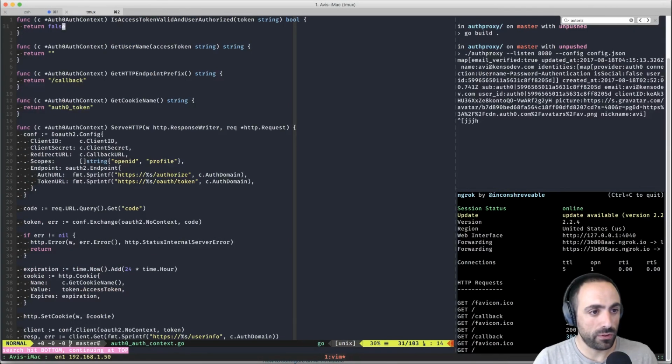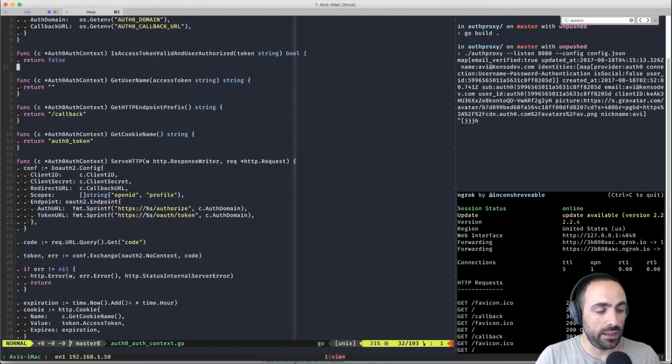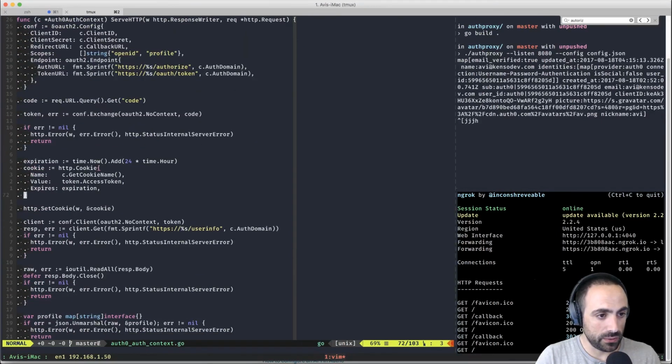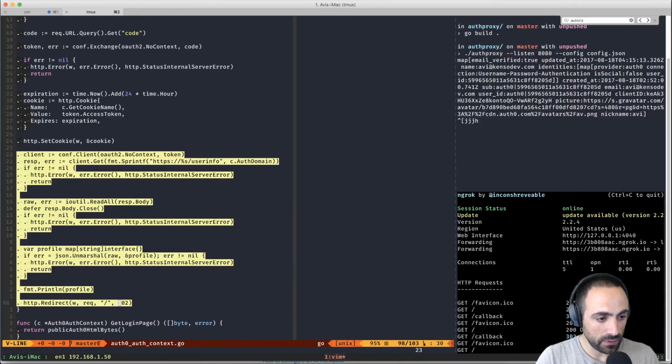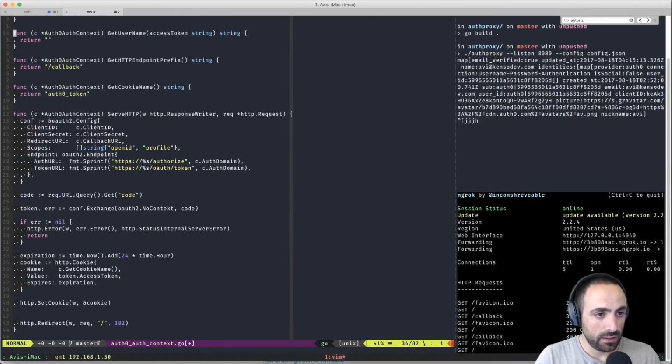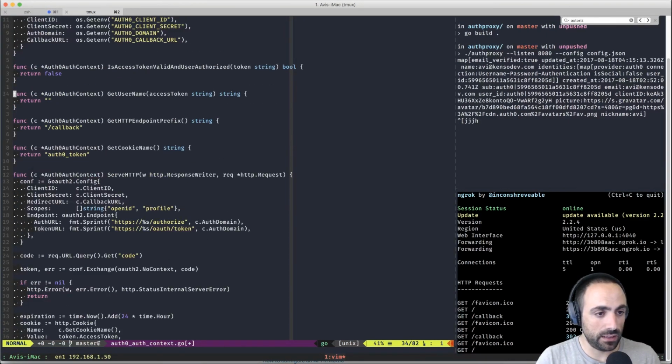Okay, so then here I can use this. Okay, so then this is the token. And here, and get username from access token. Okay.